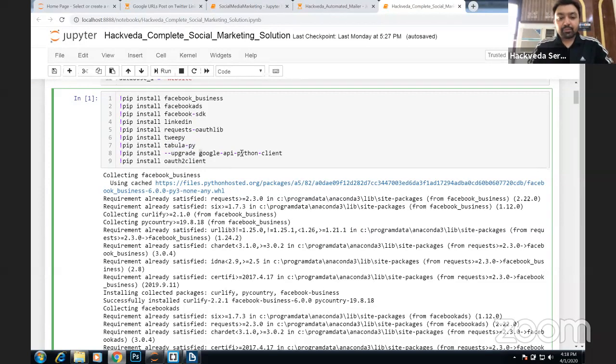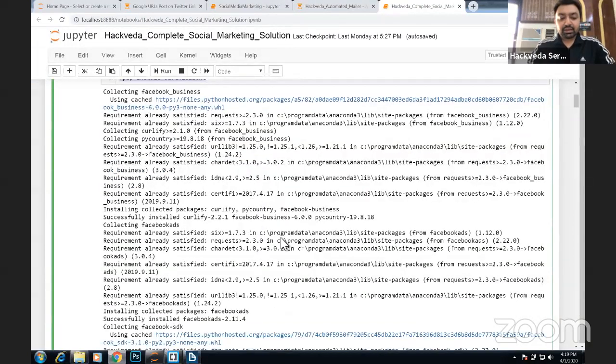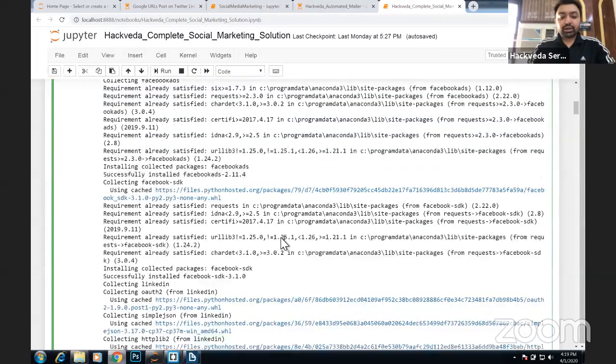Along with that, we have upgraded the Google API Python client so that you can perform Google My Business automation, and we also require one more library known as OAuth2 client. So these are the libraries which are required. You can install them using the pip package manager by specifying the command !pip install and the name of the library. Once you have all these libraries installed and ready, you are ready to perform